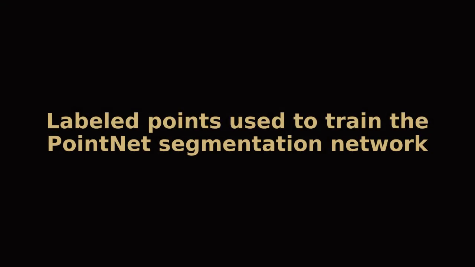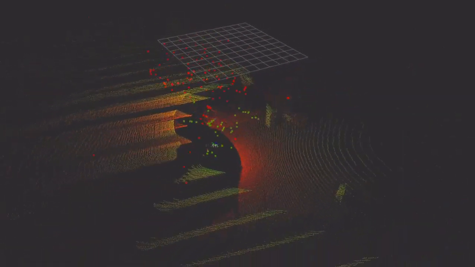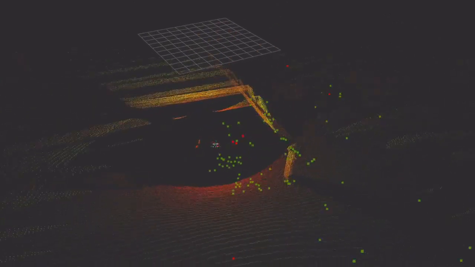I then used these labeled point clouds to train the PointNet segmentation network. We can see here the results of the trained network classifying a live stream of radar points. Again, keep points are colored green, while discard points are red. The labeling seems reasonable subjectively, but the real demonstration of the learned filter's efficacy comes when it is added to